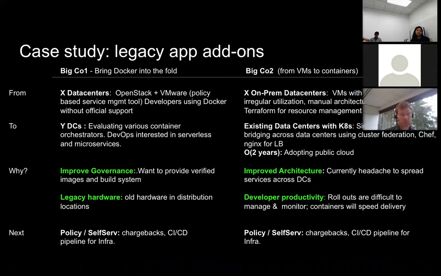I think the next segment is distinct from the other two. So these are more legacy enterprise customers. There are a variety of these customers. I think we all know a lot of banks are in this situation. They have mostly legacy applications. Some of them developed in-house, some of them are off the shelf. And where they're starting to use Docker and starting to think about Kubernetes is in the context of